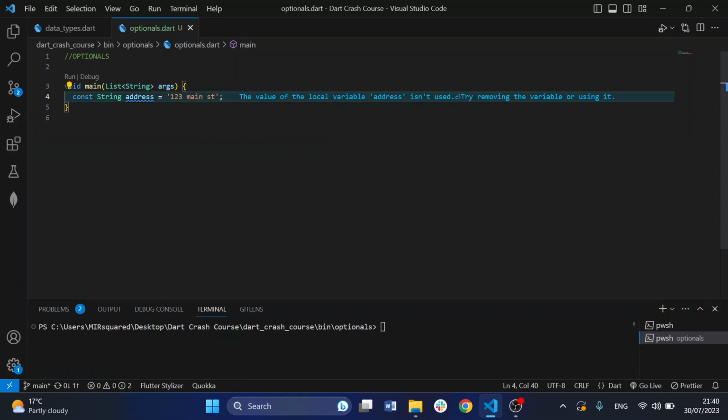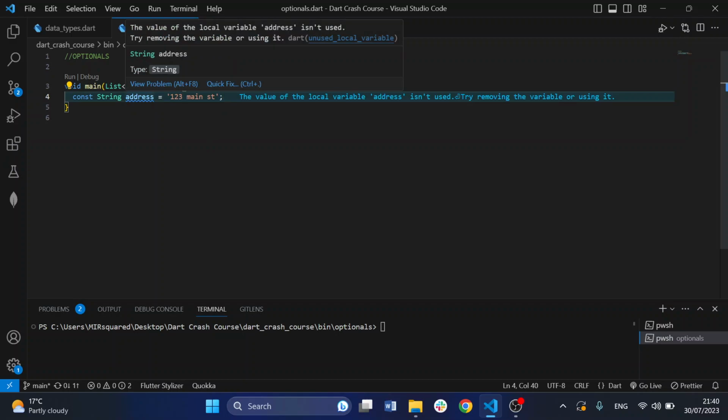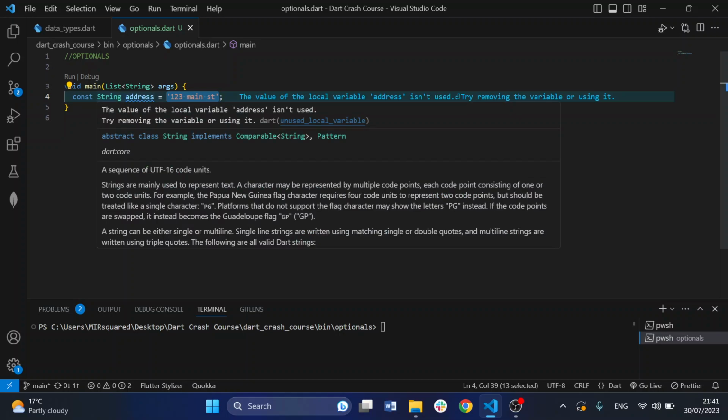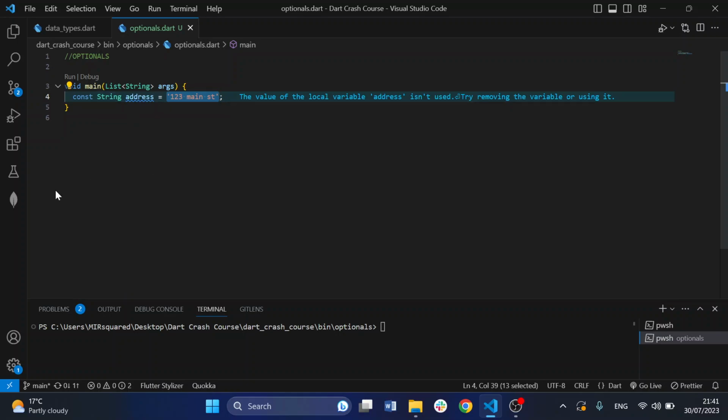Now this address is actually a variable, like we discussed in the last class. It holds this piece of information, this string that is highlighted here. So to make this address optional, we come in front of the data type and add a question mark,